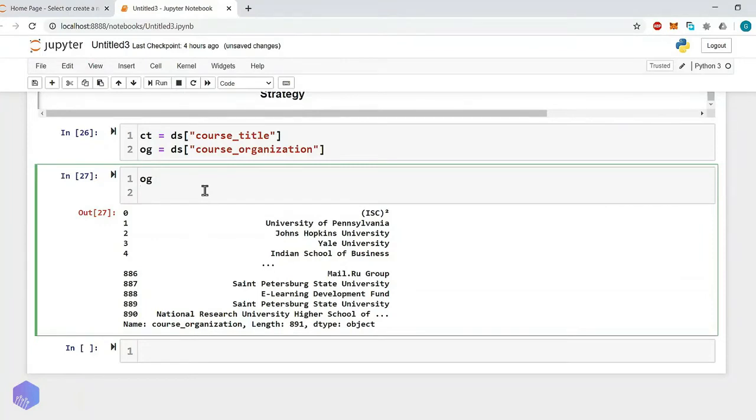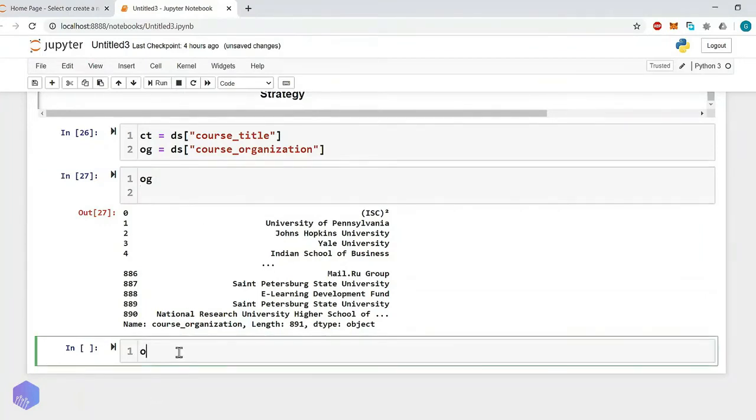So here OG, meaning organization, dot value counts. Okay, that's it.